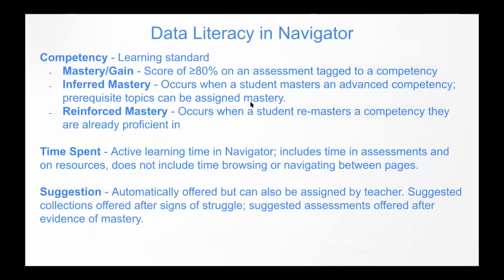So just to get this out of the way, I'm going to give a brief vocab refresher, just in terms that are very key to data literacy in Navigator. So first and foremost, competency, which is learning standard. Most lessons are associated with only one learning standard, so they're associated with one competency. Additionally, mastery or gain means that a student scored greater than or equal to 80% on an assessment tagged to